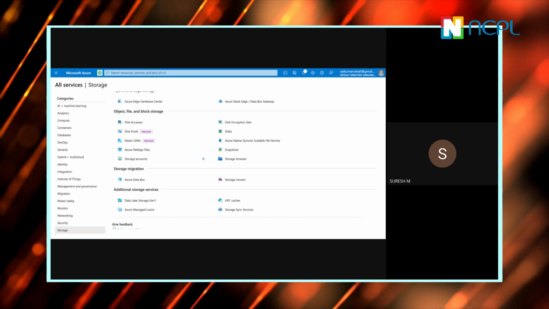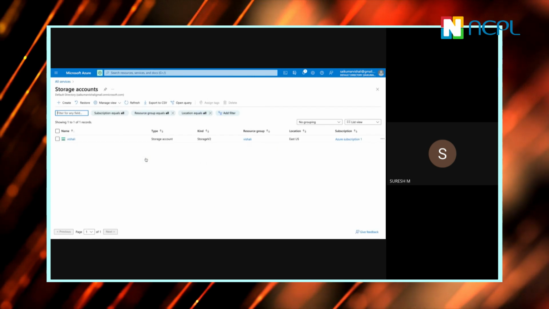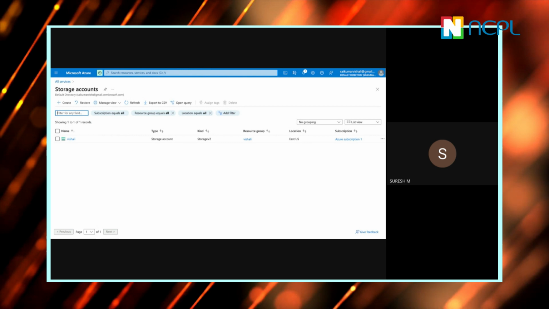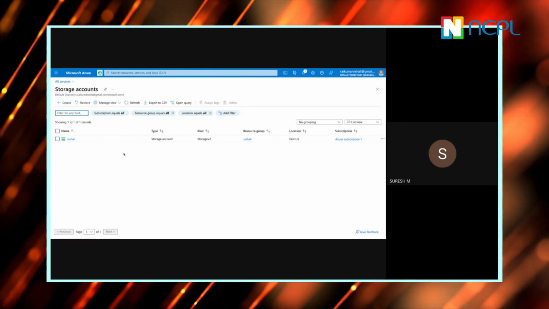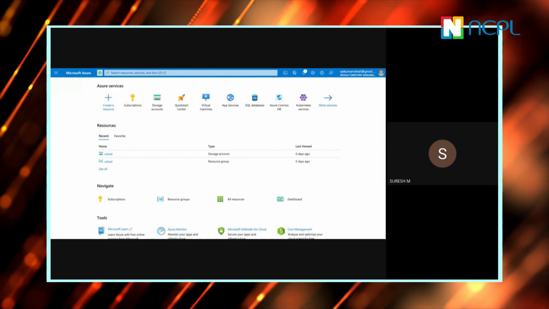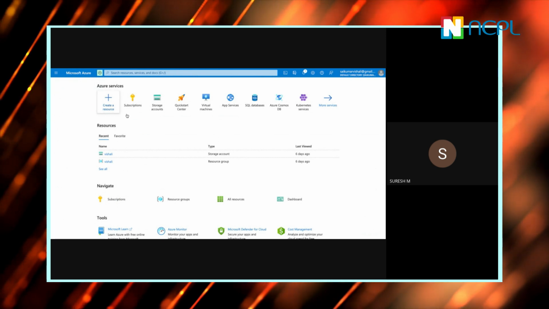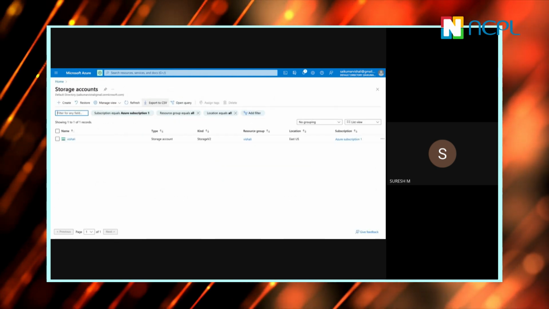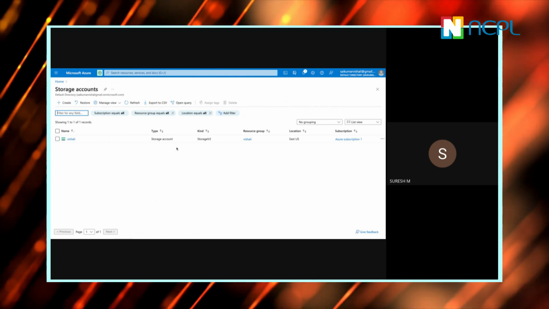Now just go to all services again. You see something called a storage account inside that. Storage account below, click on that. This is where you have your storage accounts. Looks like you already created it, which I'm just telling you. Now go back to your home. From the home on this portal, you can even see storage account on the second or third tab. Yeah, click on that. This is the same one which I was checking from all resources.